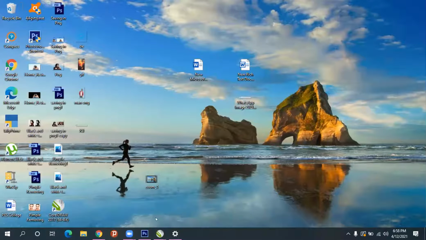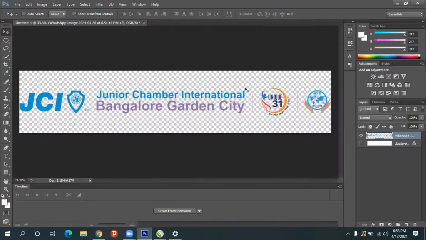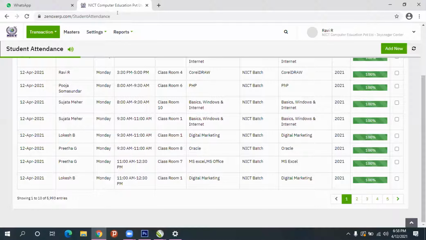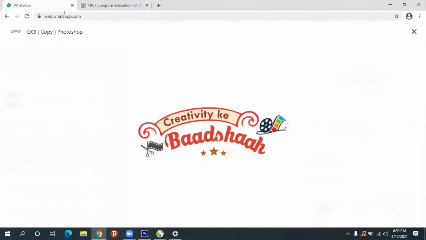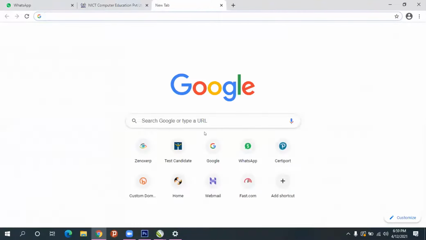Okay, next thing I'll go to Photoshop, how to create GIF images. But before that, we'll see some filter effects. Suppose you have some images and you want to give a pencil effect, sketch effect and all, which is already ready-made in phones. We are doing the same concept here also.